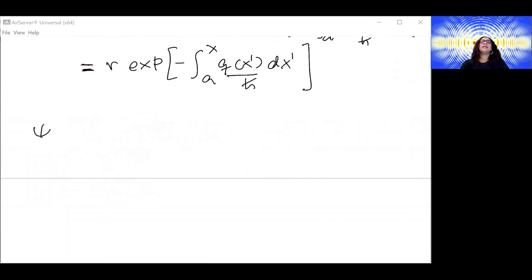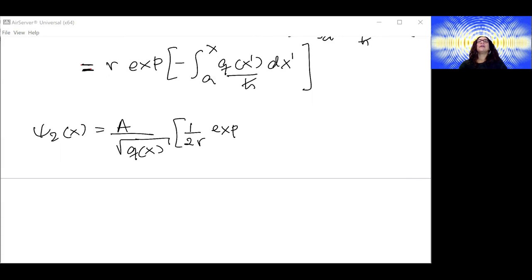So write psi2(x) as square root of q(x), 1 over 2R exponential